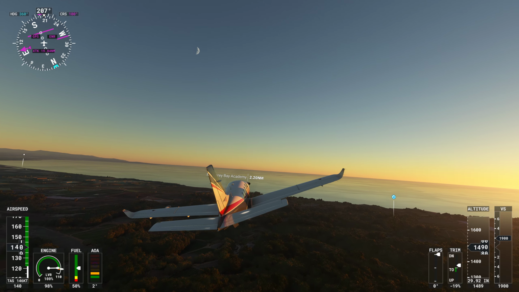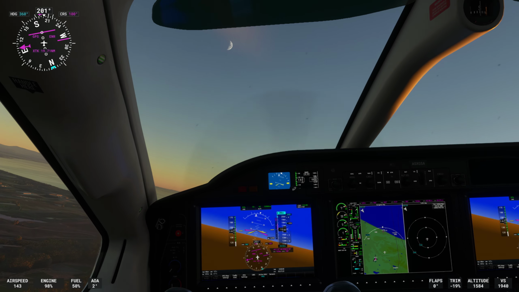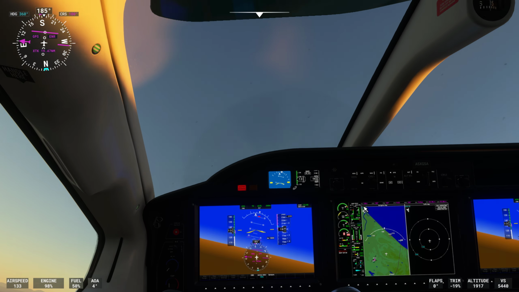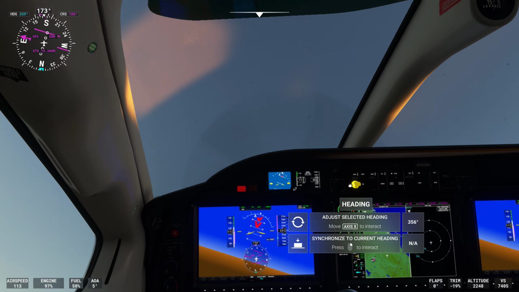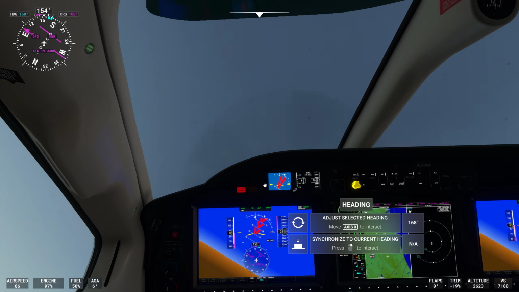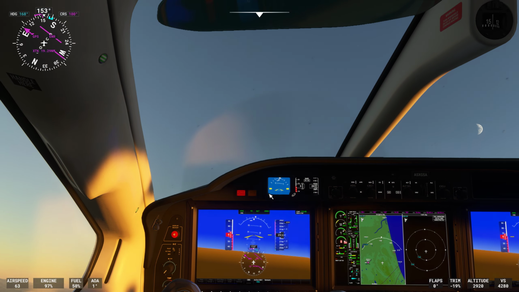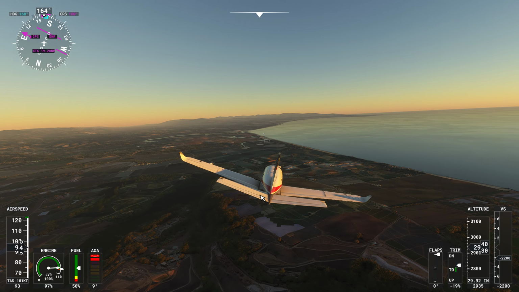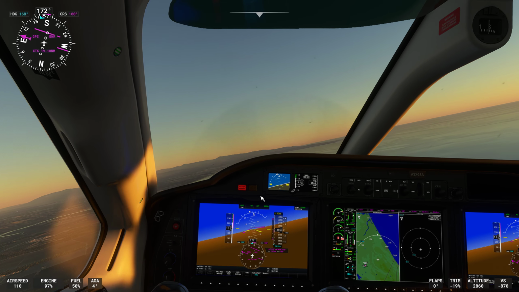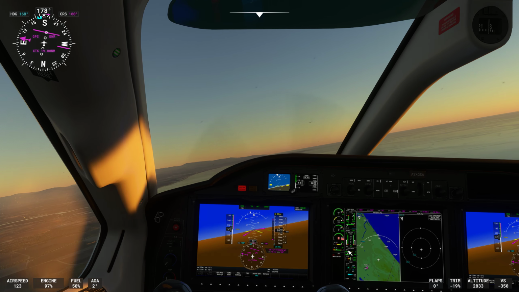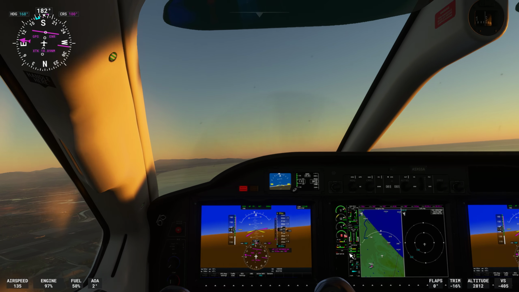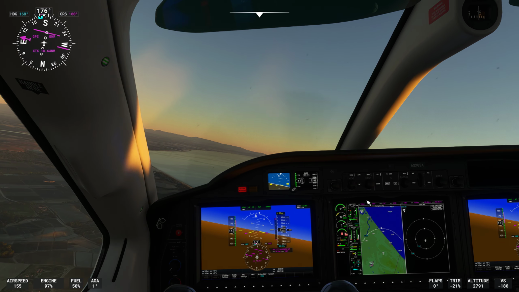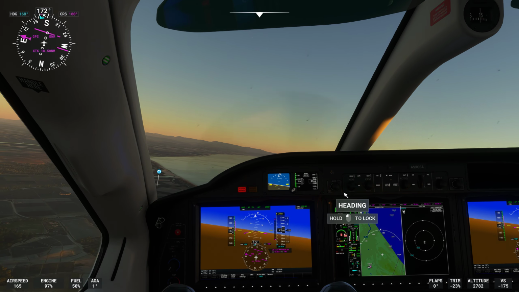And then what we're going to do is we're going to turn on, go back in here. We'll turn on the heading, and we'll take the heading bug. There's a heading, and we'll bring that around to right about there. Then we're going to turn the autopilot back on. We could be at 2,000 feet or 2,800, so it's going back down to 2,000 feet. We got the autopilot back on. Yes, there it's on. And it will take up the heading, which I'm going to move the heading out to